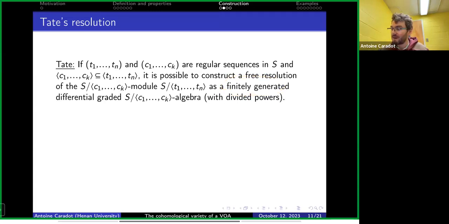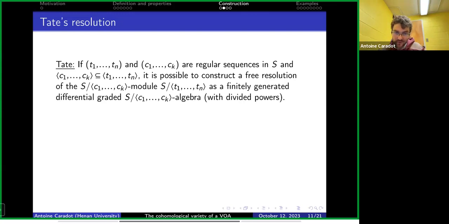This finite generation comes with a bit of a caveat. If you work over, let's say, the complex numbers, a field of characteristic 0, you have finite generation as a differential graded algebra. So this works perfectly. If you work over finite fields, the construction still works, but you need to include some divided power structure because you have a trick in the construction. So the idea of this construction is